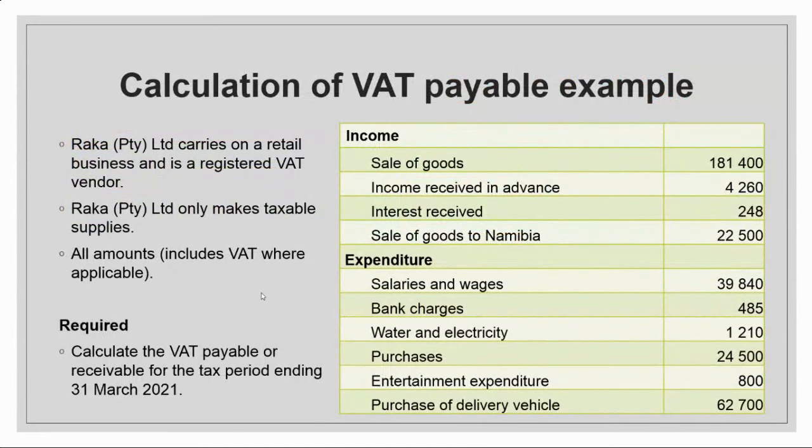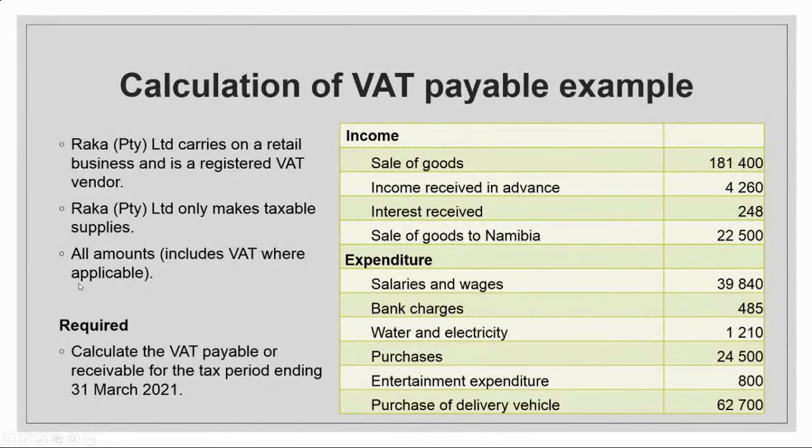Okay, now let's look at an example of how to do the VAT payable. So this is a basic example with some of the type of transactions you would see in this module. So we said Raka Pty Limited carries on a retail business and is a registered VAT vendor. Okay, so we are registered for VAT, so that means we have to raise output VAT and we can claim input VAT depending on the type of supplies we make. And we tell you that only makes taxable supplies. Okay, so in that case, yes, we know we can claim the input VAT,